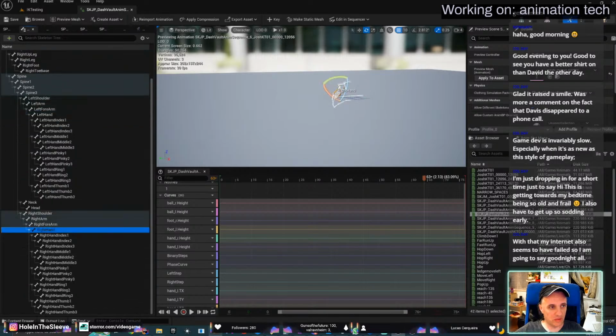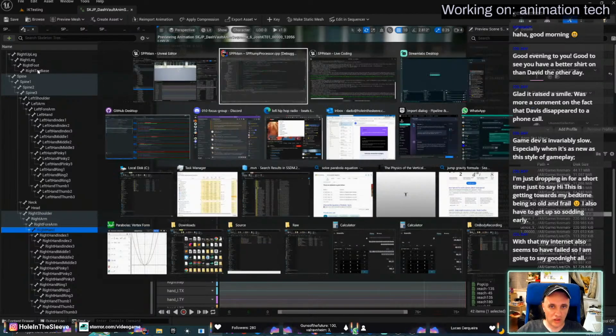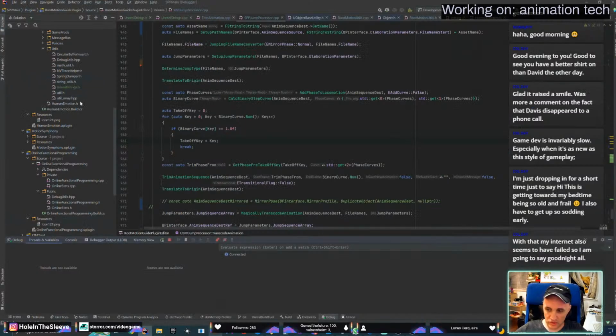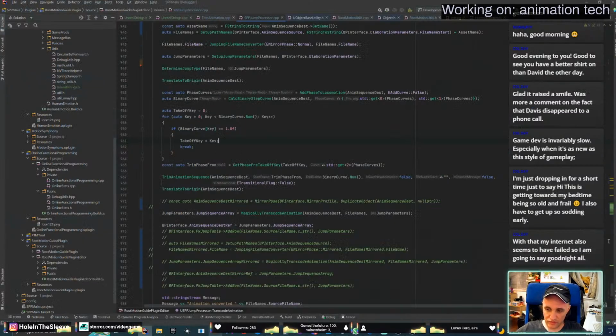Right hand. Alright. Yeah, okay, let's fix it. It's a good exercise. So basically we need to remap the bone names for feet and hands. Yeah, let's do it.